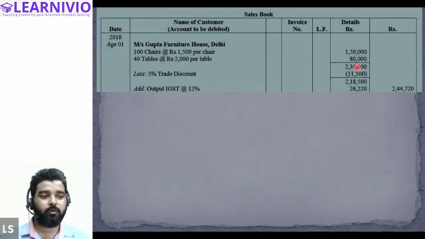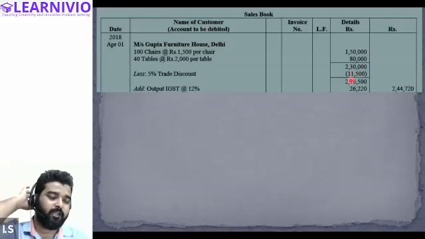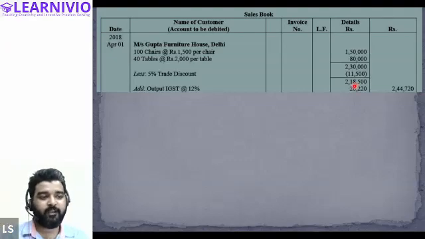So the total amount will be 2,30,000. And we are also giving them a discount of 5%, so we reduce the discount from 2,30,000. 5% of 2,30,000 will be 11,500, so we will get 2,18,500 as the final value.